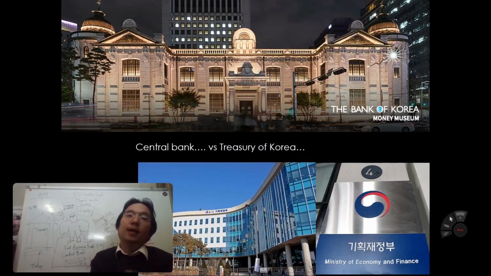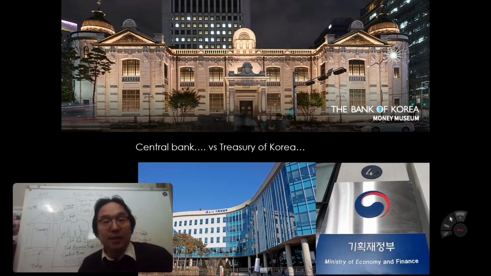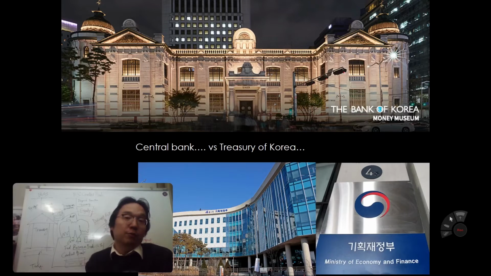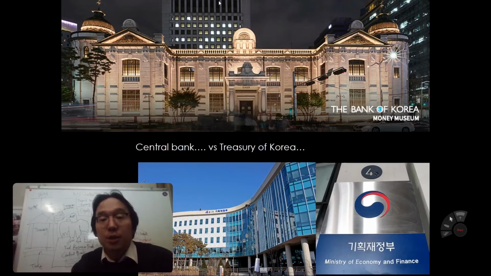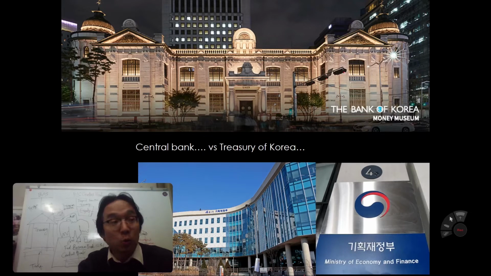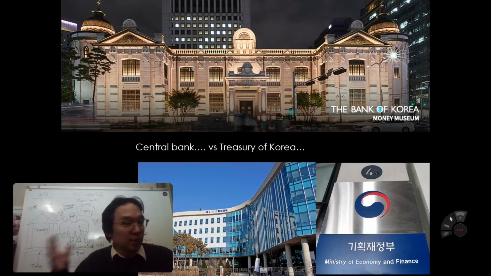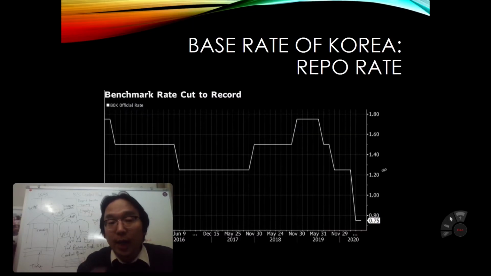Okay, and the modern building behind it is really the recent Central Bank of Korea, or Bank of Korea. The Treasury, or 기획재정부, is in the city of 세종시, which is about 2 hours away from here. Why did they move to 세종시? I don't know. They wanted to decentralize all these facilities. Okay, now, so that's that.